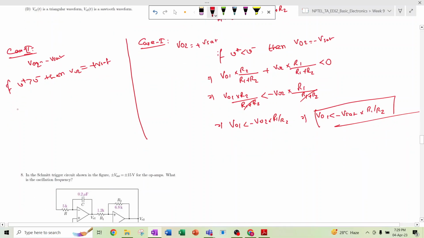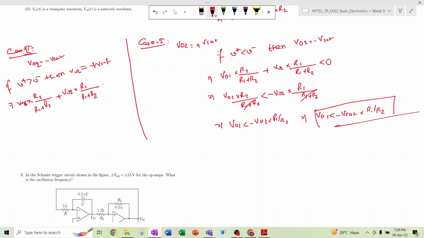So now we can write VO1 multiplied with R2 divided by R1 plus R2 plus VO2 into R1 divided by R1 plus R2 should be greater